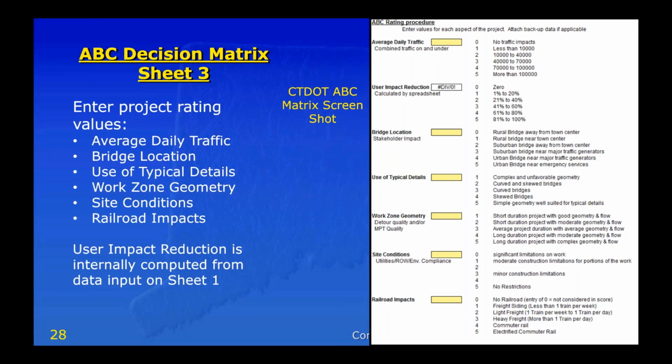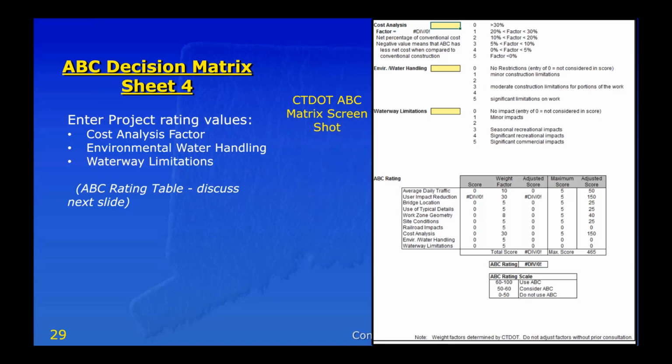And we went through some of these parameters here. These are the other ABC measures we discussed in more detail, showing now on sheet 3 of the matrix. And on sheet 4, the last of the ABC measures are entered here, and then the spreadsheet computes the ABC rating for the particular ABC bridge